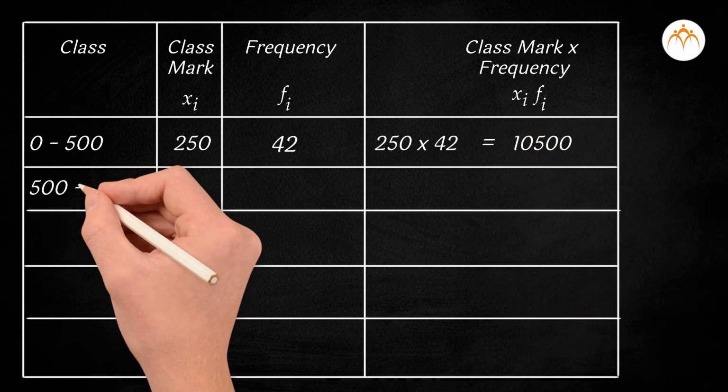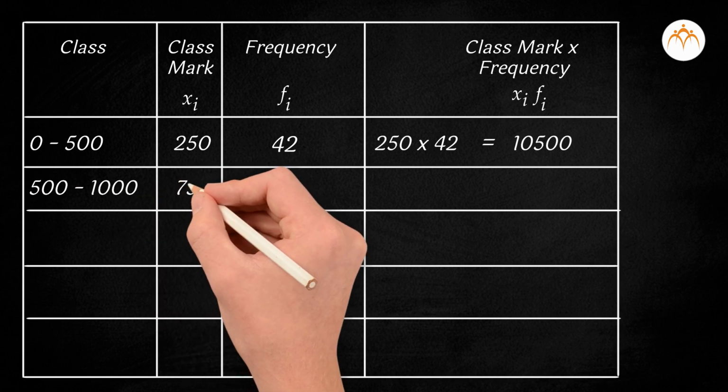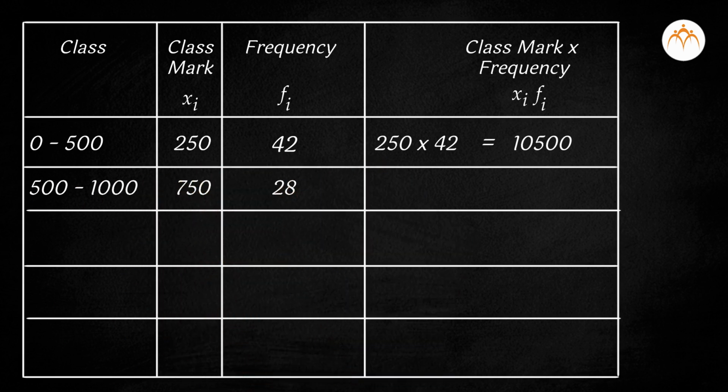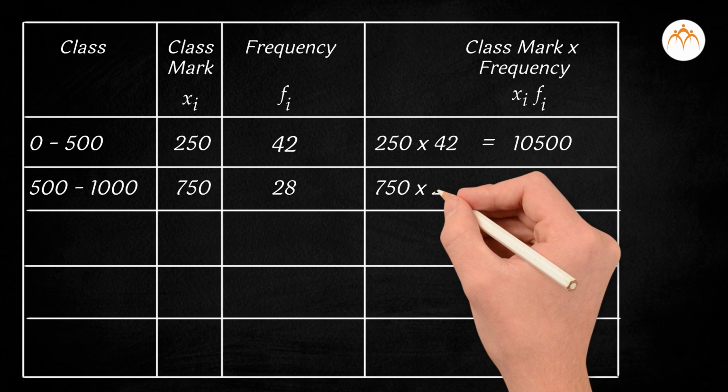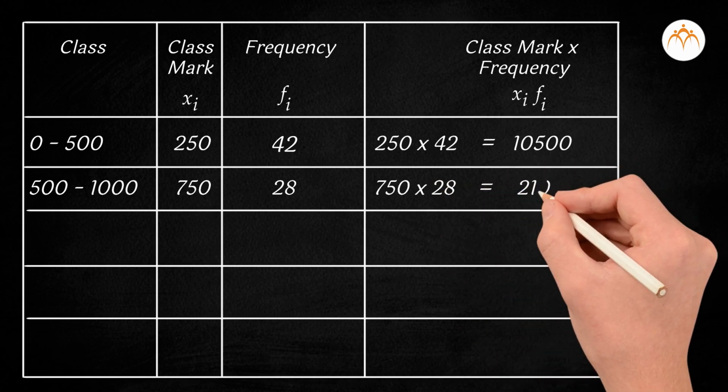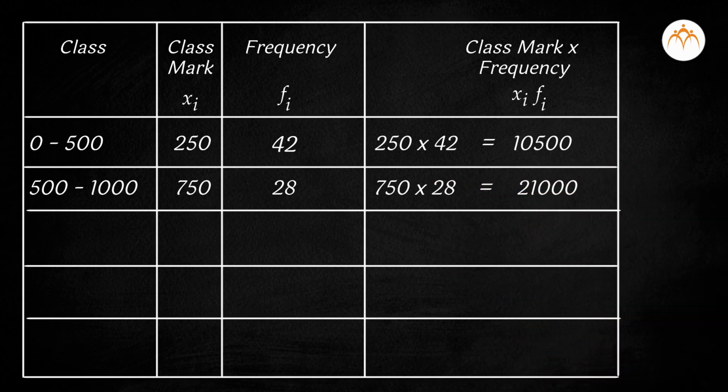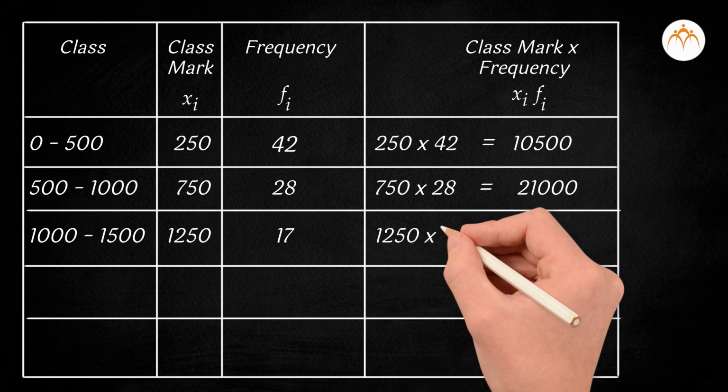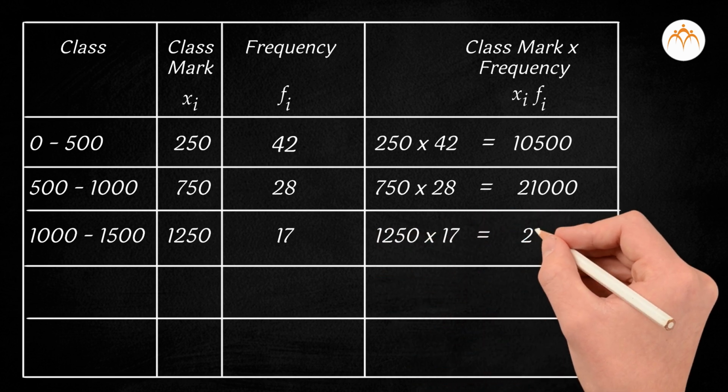Class 500 to 1000, class mark is 750, frequency is 28. Therefore, Xi multiplied by Fi is equal to 750 multiplied by 28 equal to 21,000. 1000 to 1500 class mark is 1250. Frequency is 17. Therefore, Xi multiplied by Fi is equal to 1250 multiplied by 17 equal to